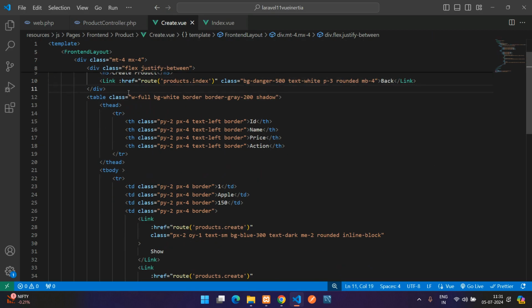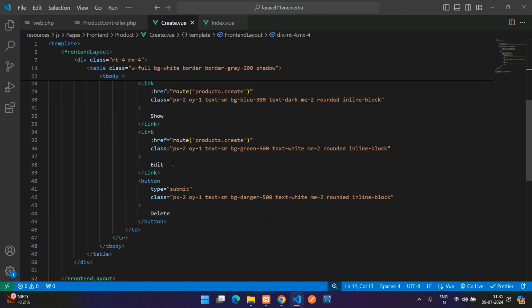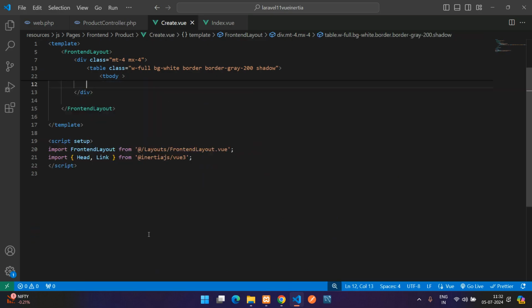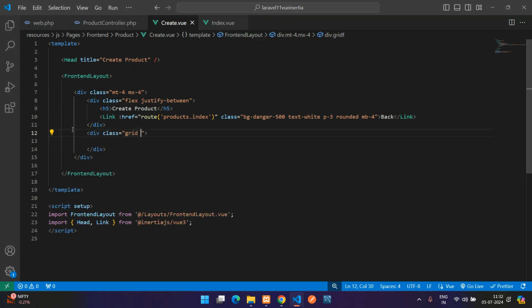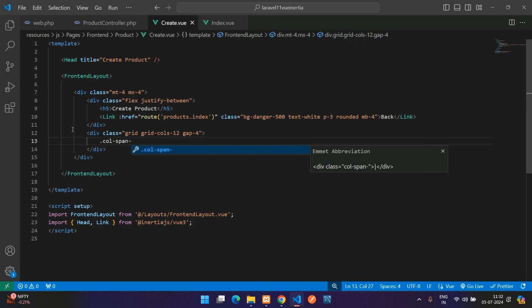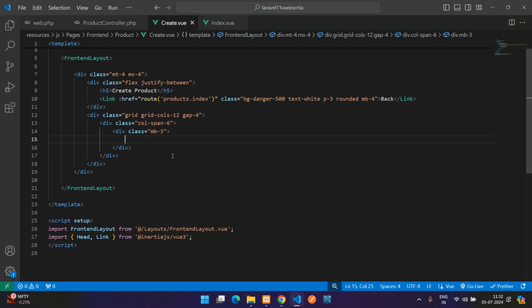And now guys, instead of this table, we'll be designing a complete form. So very simple, let me just remove this table. Here we go, and start with the grid. So here's the type of grid, column, grid-cols-12 gap-4, and col-span-6, and inside this column 6 we will be designing all our input box. So margin bottom 3,